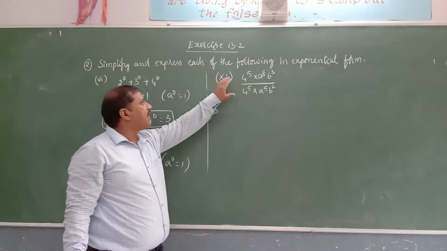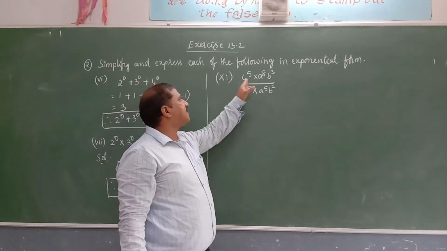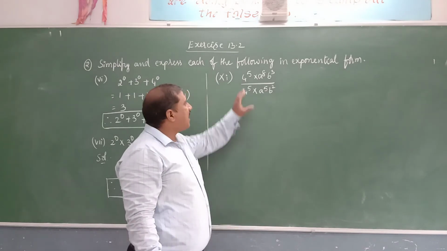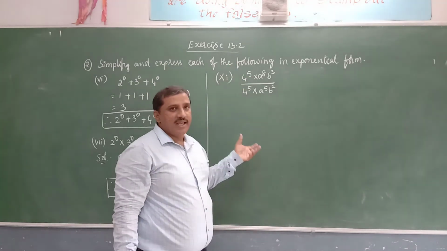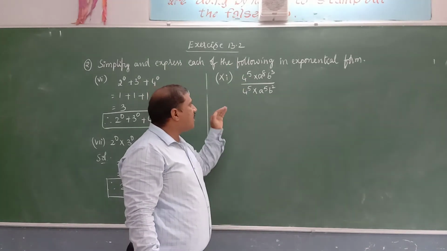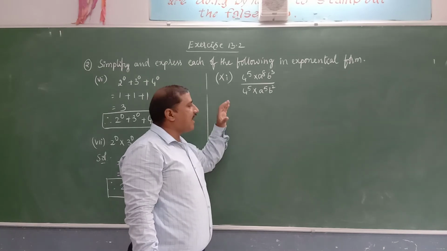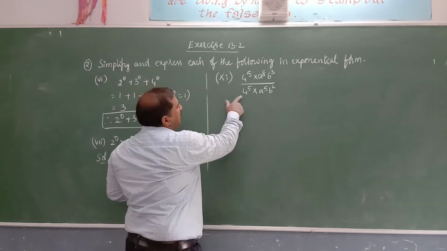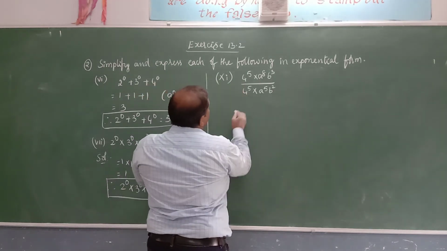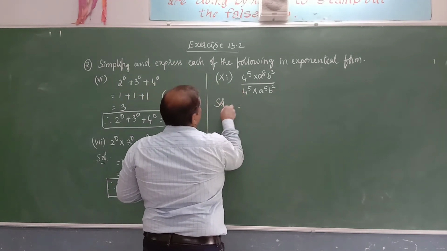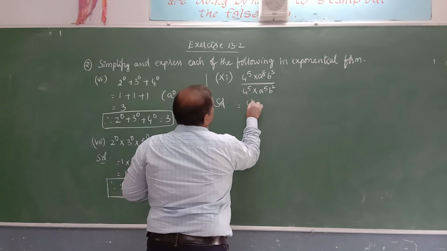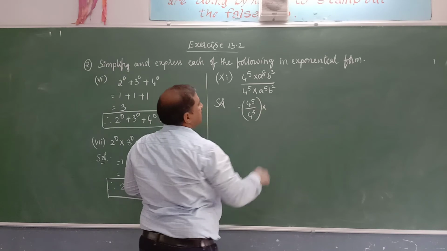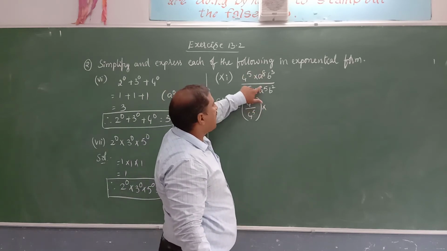Now you see here this 11th sum. We have the bases as some numbers as well as variables. So identify which laws we can apply. Identify first, we sort out the common base and identify the common exponents if you find any. So here common base is there. So this can be written as 4 to the power of 5 divided by 4 to the power of 5. We can write it individually. Then a to the power of 8 and a to the power of 5.